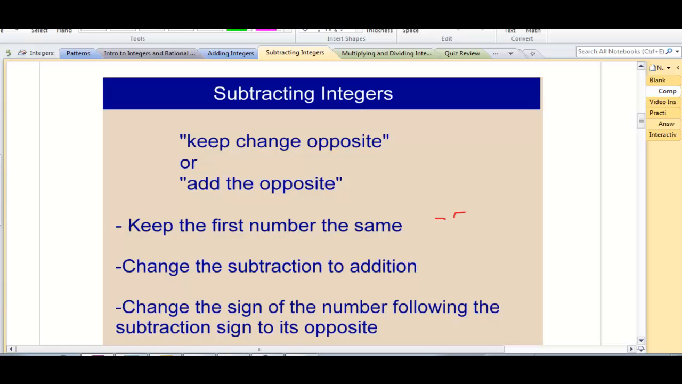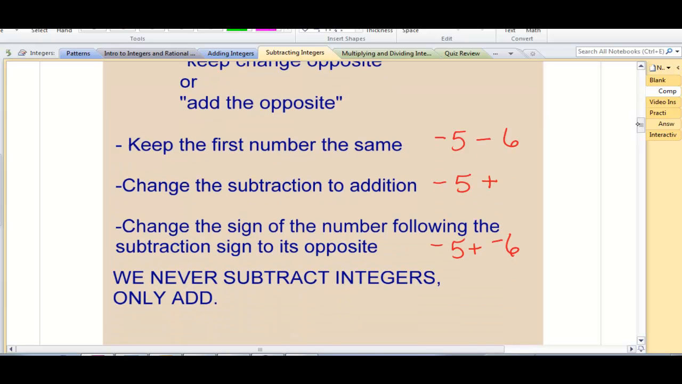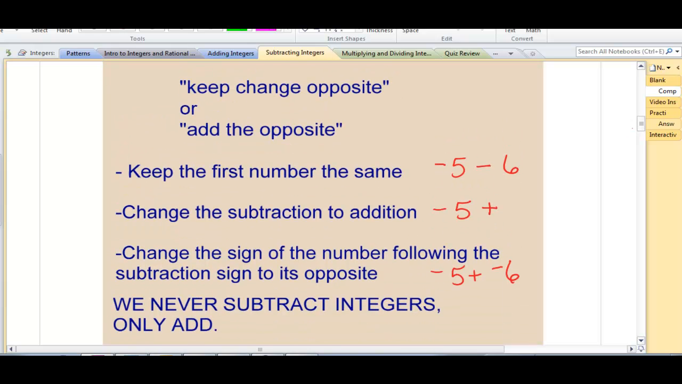So if I have negative 5 minus 6, I'm going to keep that negative 5 as a negative 5. Then we're going to change the subtraction to addition. So that subtraction becomes addition. And we're going to change the sign of the number following the subtraction sign to its opposite. So since this is a positive 6 that's being subtracted, we're going to change it to a negative 6. So we keep the negative 5, change subtraction to addition, and change that positive 6 to its opposite, which is a negative 6. So you can think of that as keep, change, opposite,